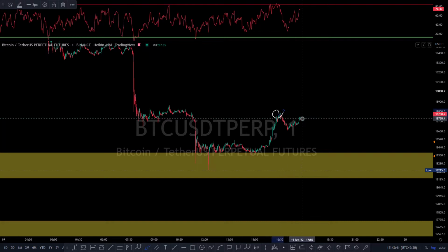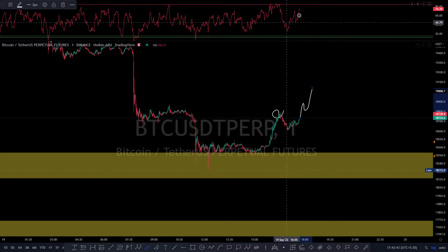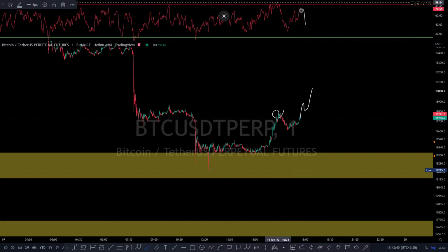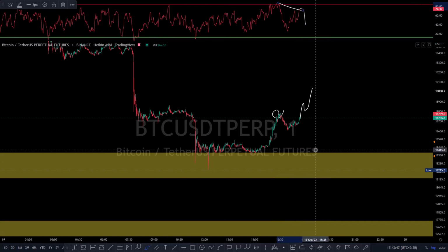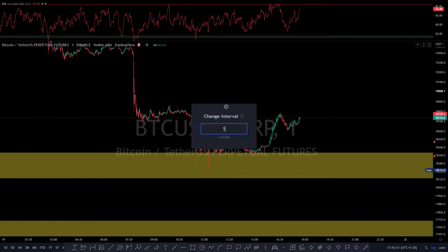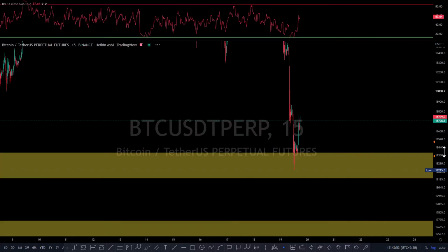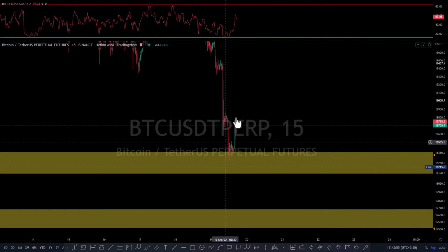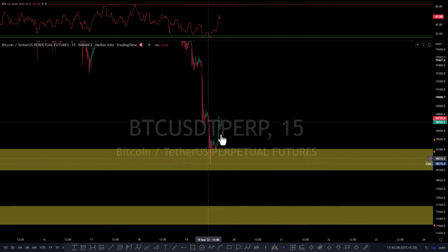Okay, and I'm waiting for this one to put in a higher high, see some bearish divergence on the 1 minute time frame, and then maybe we can reverse a little bit. Okay guys, now from here what can happen I don't know, but if you go to the 15 minutes time frame, you can see that we have just gone straight up. Now we can go up from here.